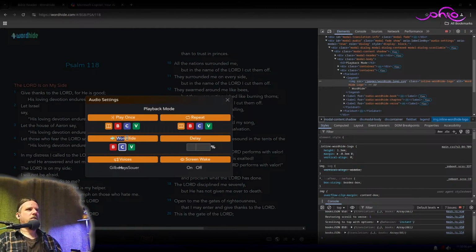Really, this word hide should be over the top of all of this. I guess I could give it its own.